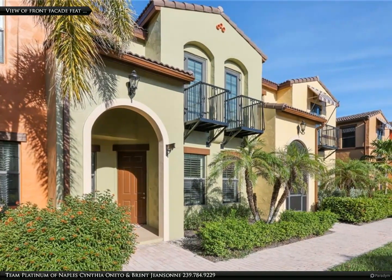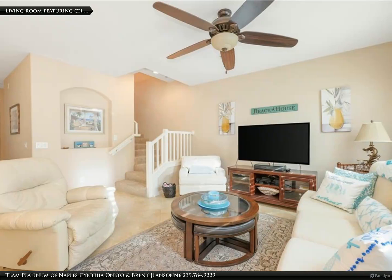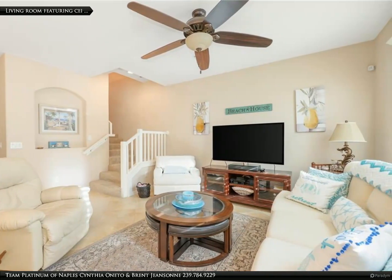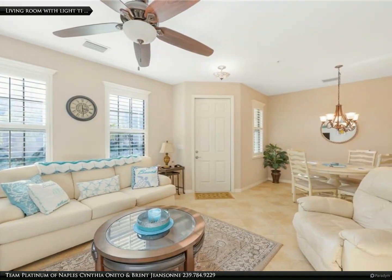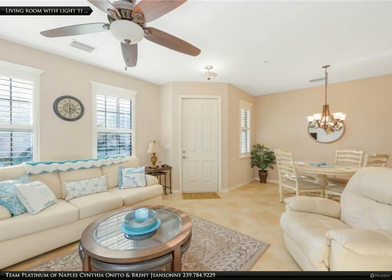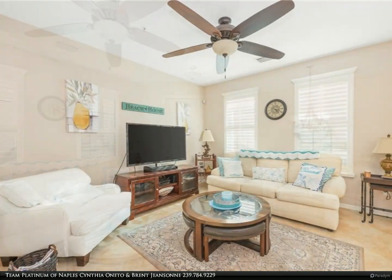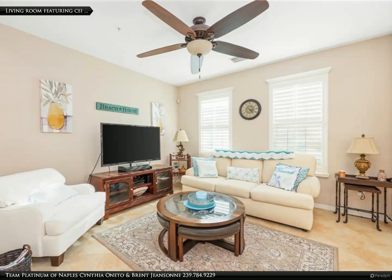If you are interested in a Florida Oasis, here's your opportunity. Located in a beautiful and colorful Spanish architecture community of Lely Resort, this Santa Ana floor plan townhouse offers the perfect blend of affordability, privacy and convenience you're looking for. Highlights include a like-new unit, including a new tile roof and HVAC that was installed in 2024, turnkey furnished,